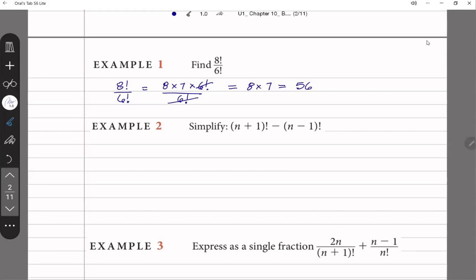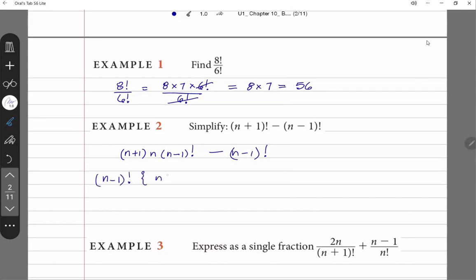Now, first of all, n plus 1 factorial is n plus 1 times n times n minus 1 factorial, minus n minus 1 factorial. Now, the common factor here, can you all see? The common factor here is what? N minus what? 1 factorial. So if I factor out the n minus 1 factorial, I'm going to have n minus 1 factorial, and inside